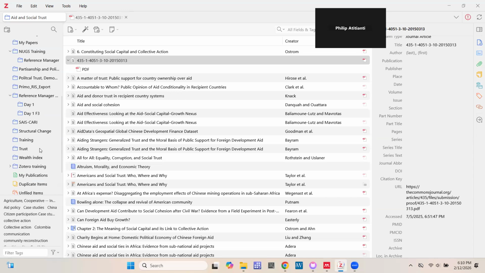One thing I want to touch on before we round up is how to create a group, okay? A group, how to create a folder or a collection that is accessible by different authors who are working on a project, or what you say, a collaborative project.